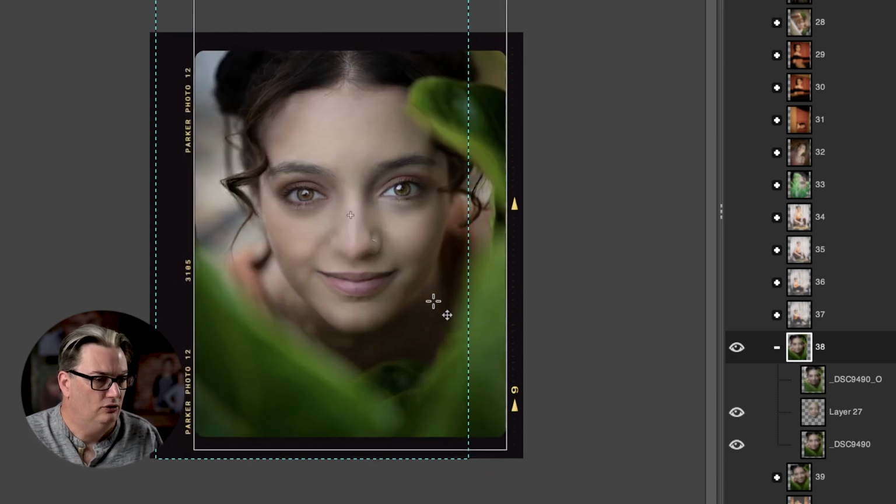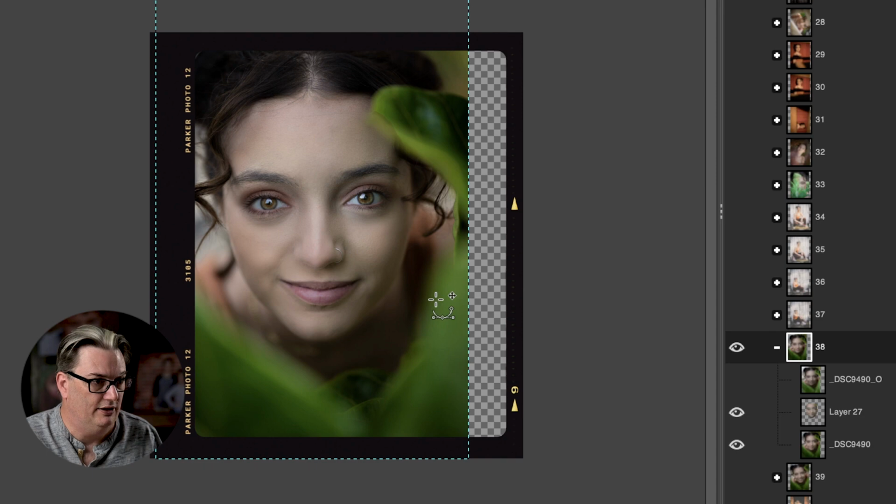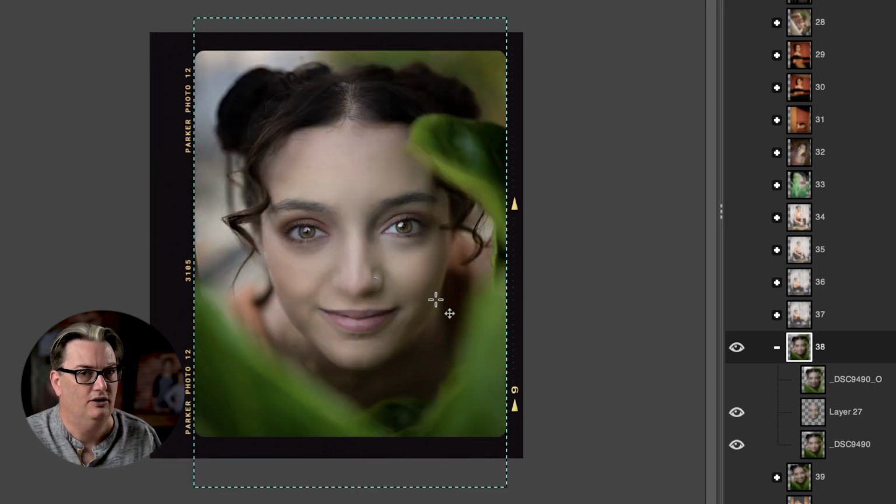So if I want to recompose the image, and I know there's more pixels inside of that layer boundary, then I can readjust the composition to my liking. Now, the other thing I may want to do is resize the image larger or smaller to adjust the composition that way versus moving it around. So again, you want to make sure you have the correct layer or grouped layer selected so that everything gets